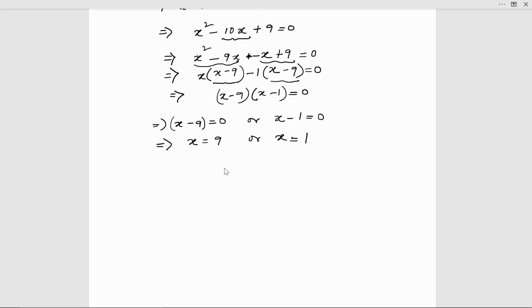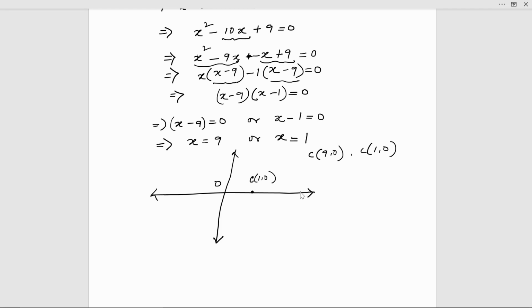So therefore, there will be 2 points. C has 2 points. One is C (1, 0), and another is C (9, 0), which is